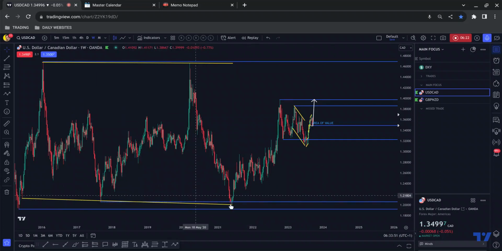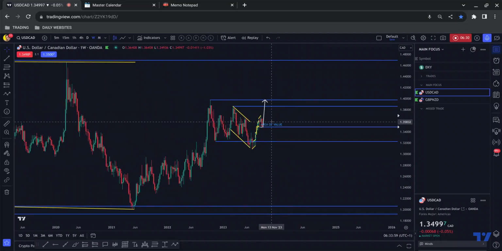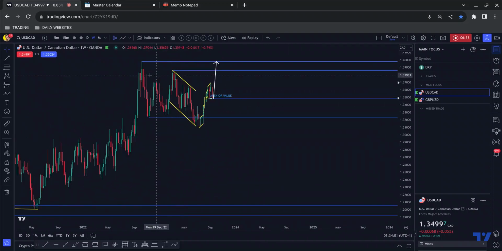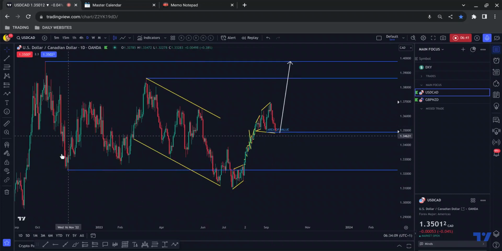So we have the 1, 2, 3 touch structure, impulse correction, just looking for further continuation to the upside. And whether that breaks out of this structure and keeps going is another matter. But this is the weekly chart, so we have to bear that in mind. So what I can see here is that we have this liquidity point. We have a sharp hook point where price moved down sharply and then moved up sharply, giving me a clue that the sharp move down was caused by a lot of orders being placed in this area, and then the sharp move up was caused by a lot of these orders being filled and the stops and limit orders, etc., being below there.